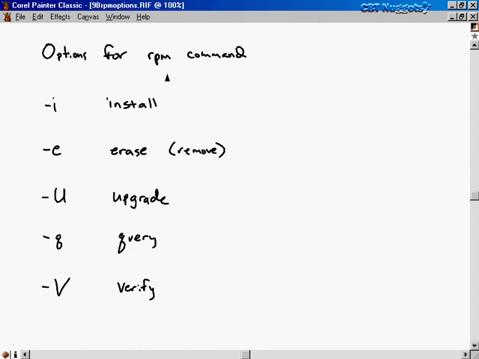Okay, now let's talk about some of the options for the command line RPM command. There are 5 basic categories of options. There's -i for install, so if you're installing a software package from scratch, you would use the lowercase i. -e is for erasing or removing a particular package from your system. When you erase a package